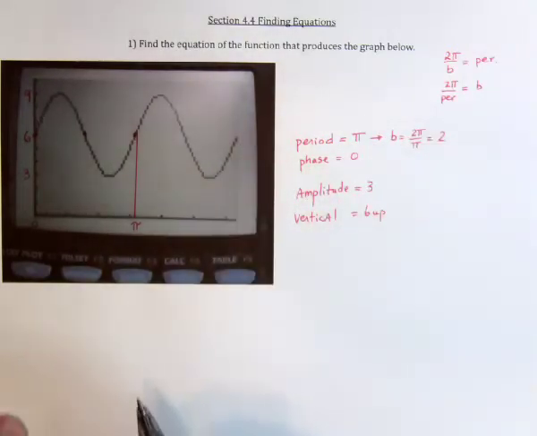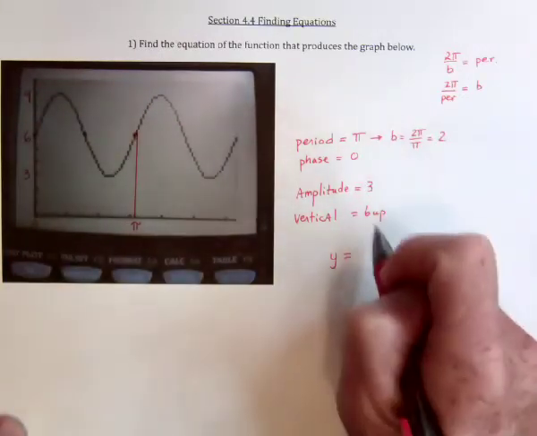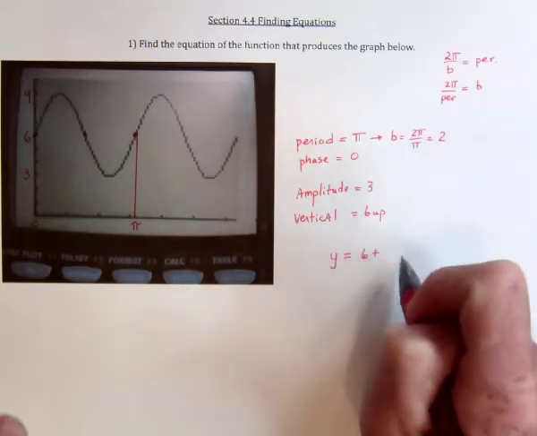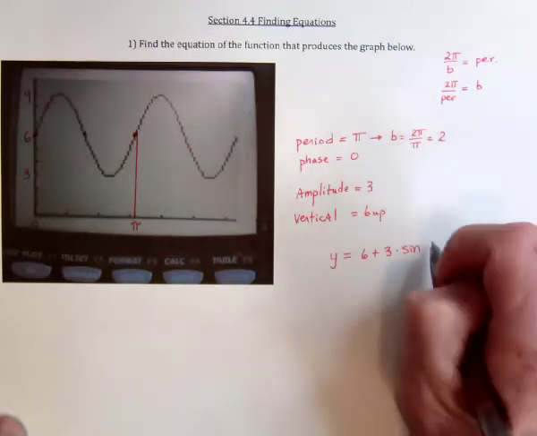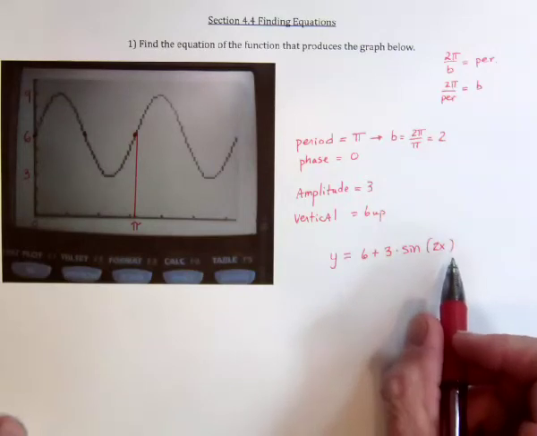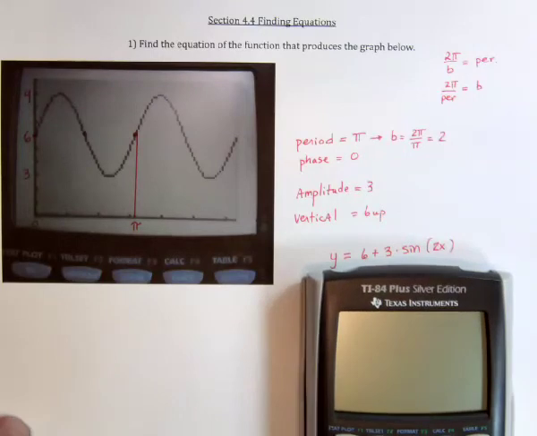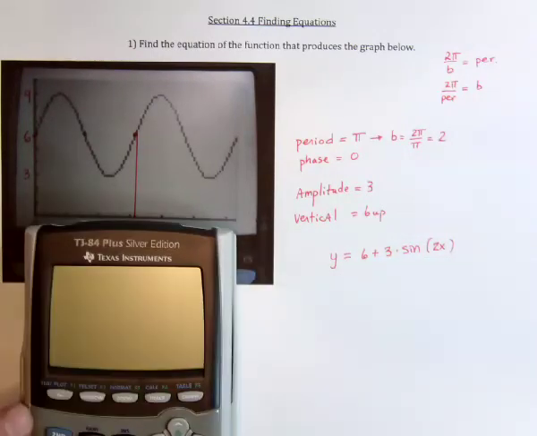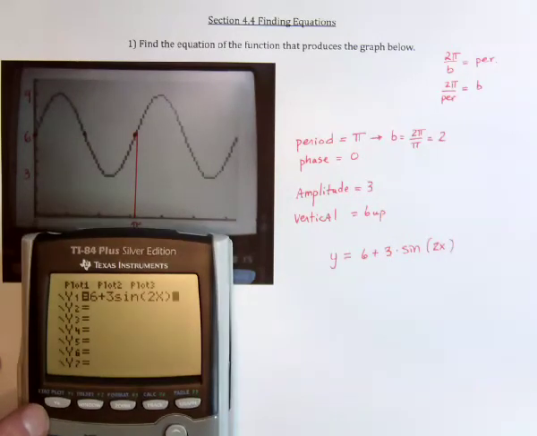Alright, now put it all together. So this is the sine graph. So we've got y equals, so it got shifted up by 6. The amplitude is 3. The b is a 2. And there is no phase shift, so there's no plus or minus anything in here. So that should do it. So y equals 6 plus 3 sine of 2x, and then change the window to be the same as,